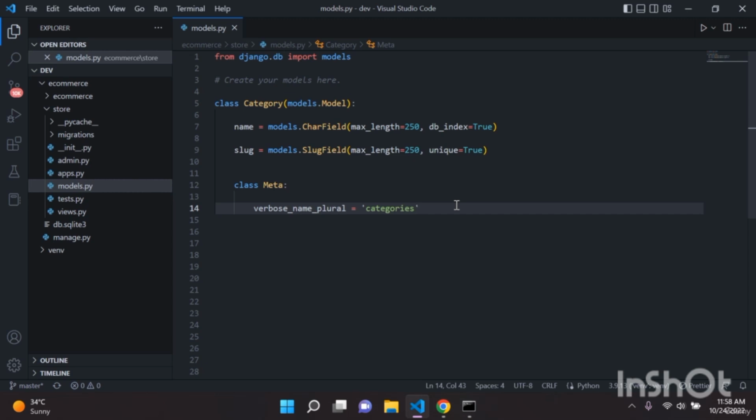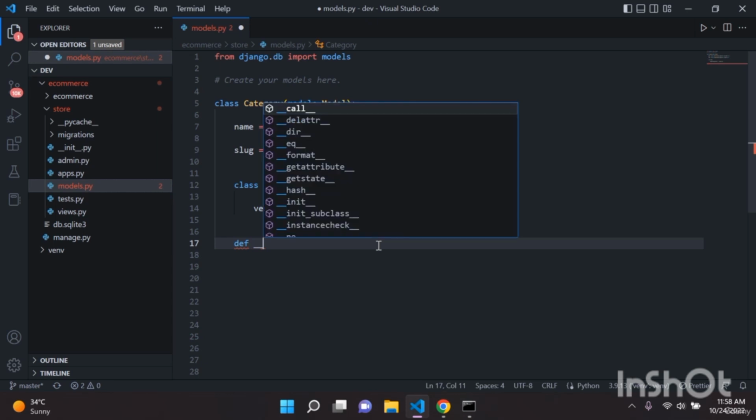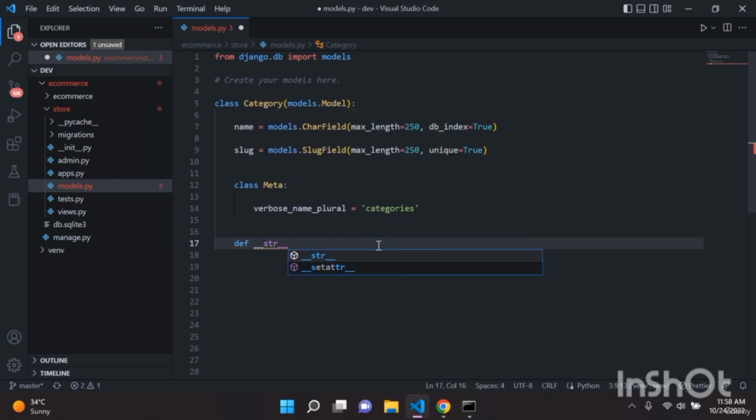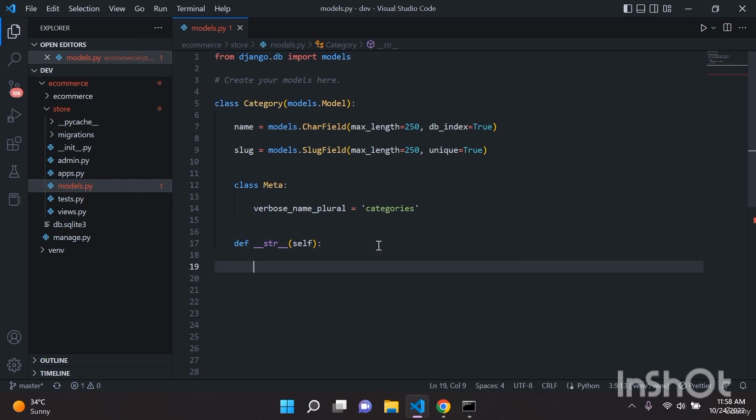All right. Now let's do the next part. Here we're going to define a string function. So we're going to say def __str__, and here we're going to pass in self. What we're going to do here is say return